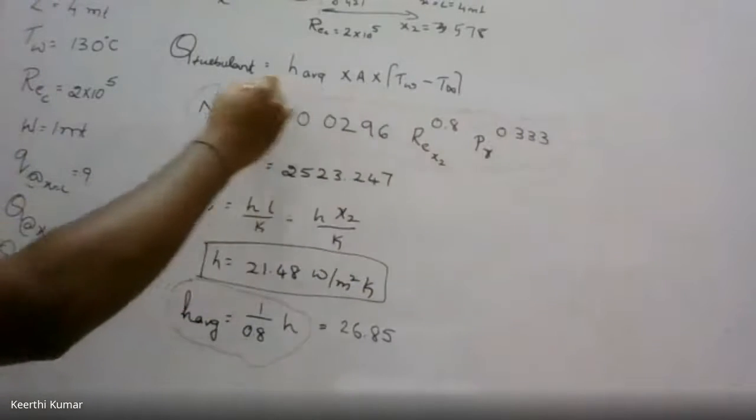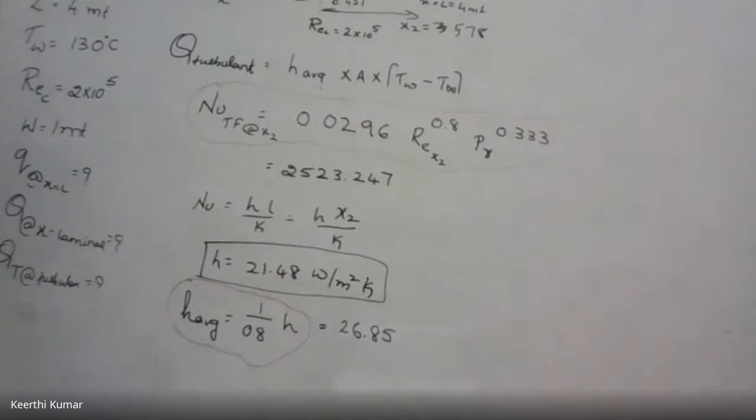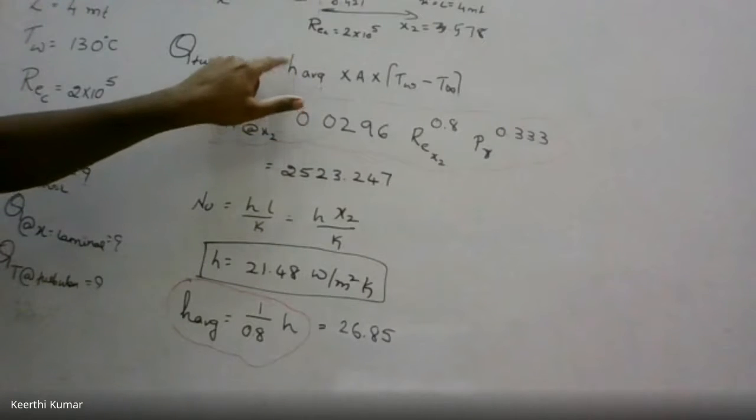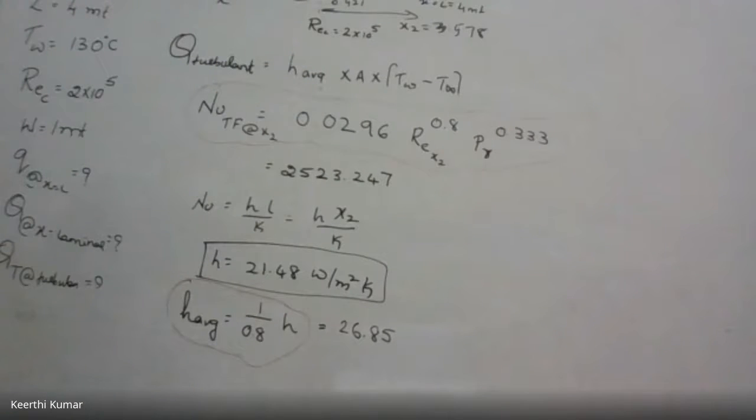Anyhow, the Nusselt number is directly available for turbulent flow in the data handbook, but this relation is not there directly. Indirectly, it is there. I'll show you where it is. Substitute these two and tell me the value of Q in the turbulent region. Fast. What is the Q value in the turbulent region?